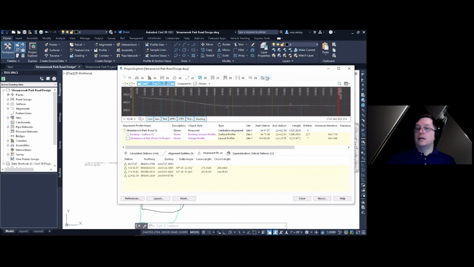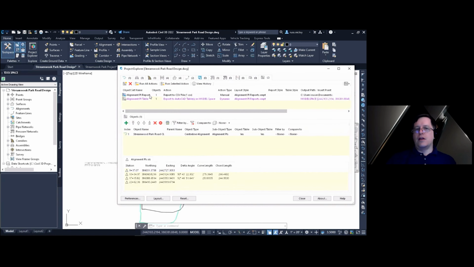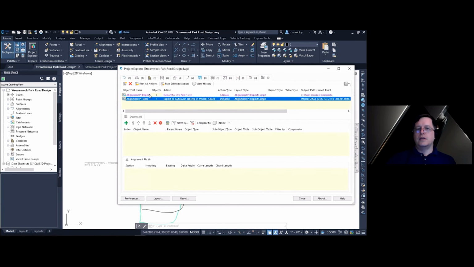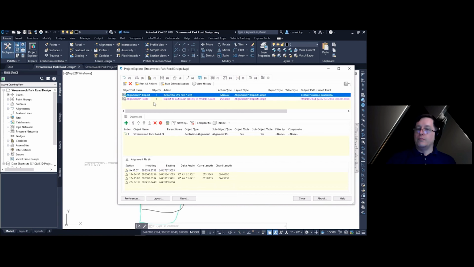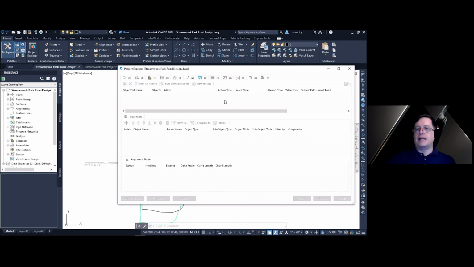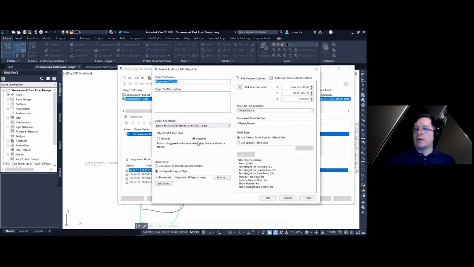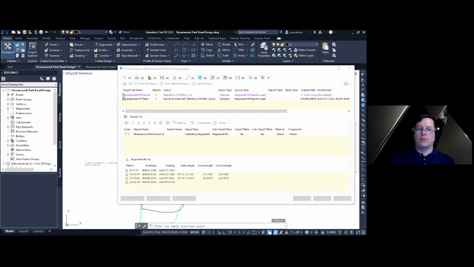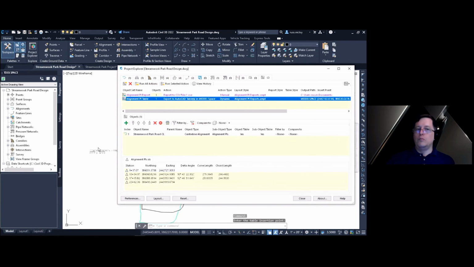Now, that being said, the last tab here is the list of object sets that this file has. I'll click on object sets, and there you see the reports and the tables. Notice that there's a lot of magenta text in here. So I'm going to go into the table, double click on any part of these. I'll double click on the dynamic there. I still want it to be dynamic, but maybe I picked a bad spot for this to go. I'm going to click on pick insertion point and click another point. When I click OK, it'll move it to that new location right there.